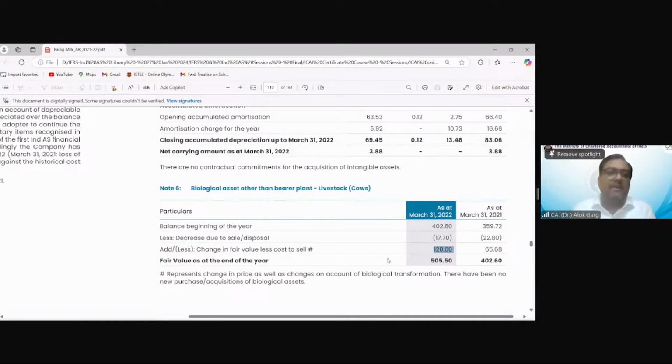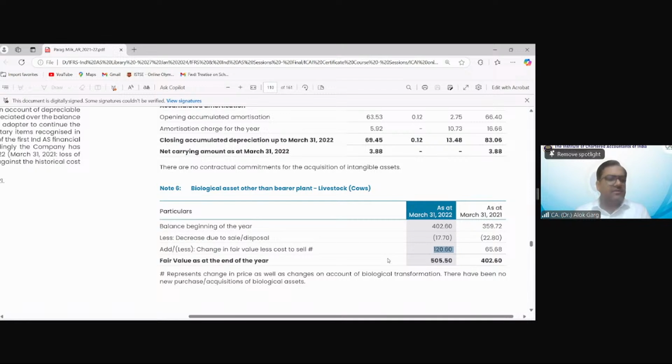For example, there is a 3-year-old cow, a cow whose age was 3 years, right? So the fair value of that cow was 10,000 rupees. Okay. After 6 months, on 31st March, still the price of a 3-year-age cow is 10,000 only. So is there any price change for the same age of cow? Is there any price change? It was 10,000, it is 10,000.